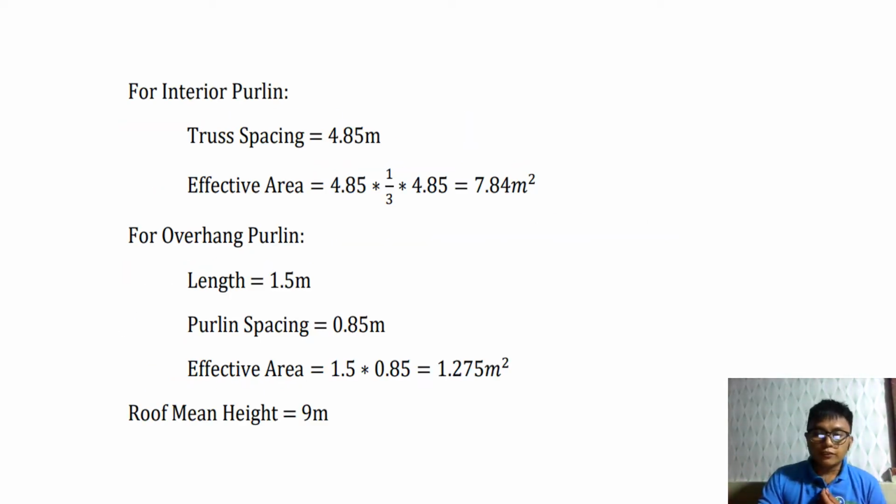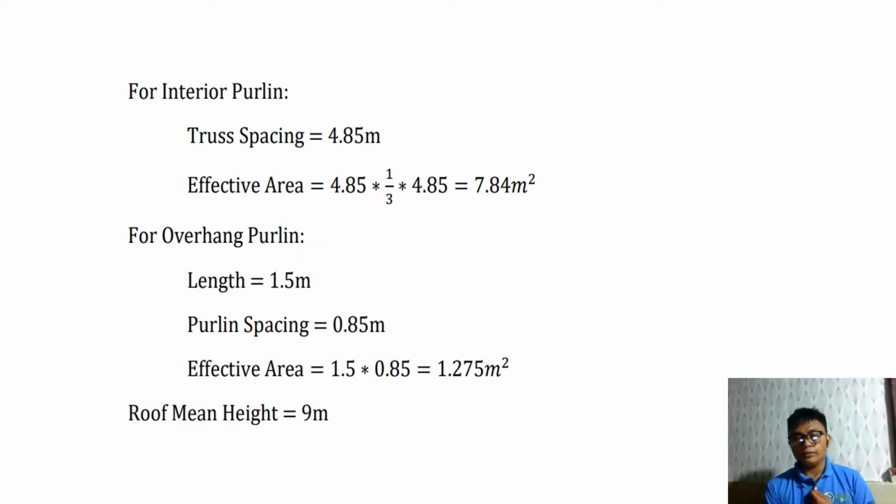So moving on, for the interior purlin, we have the truss spacing of 4.85 meters. So we consider the longest dimension based on the center-to-center spacing of the column. With that, the effective area. So first, we have the effective length 4.85 and the effective width, which is 1/3 of 4.85. So multiplying those dimensions, we have effective area of 4.85 times 1/3 times 4.85, which is equal to